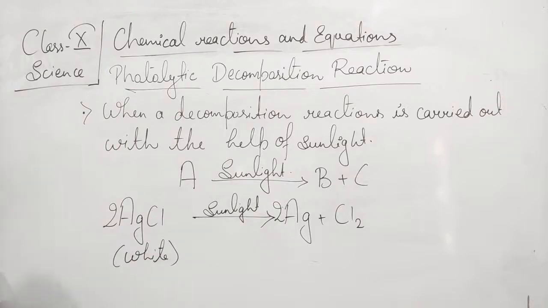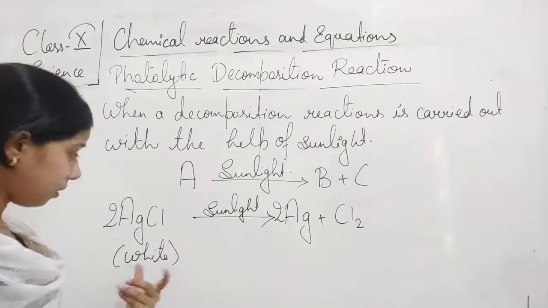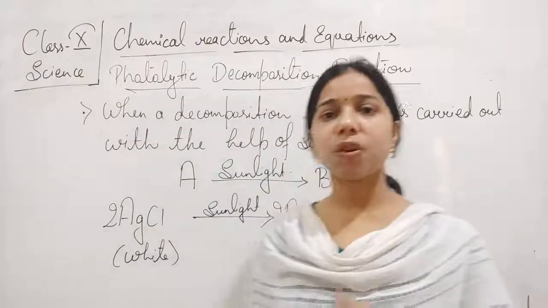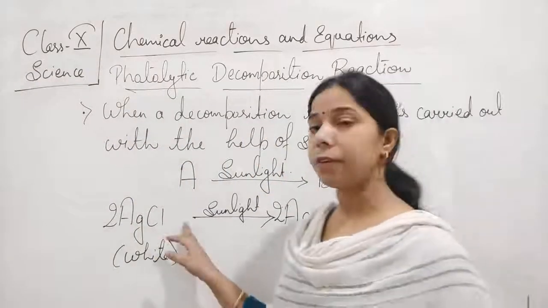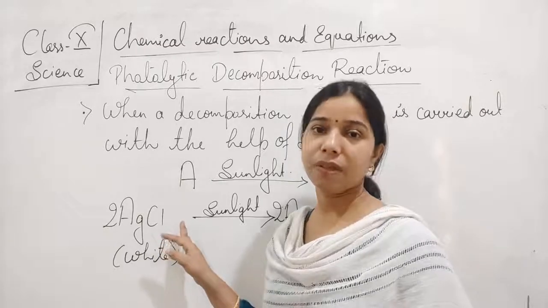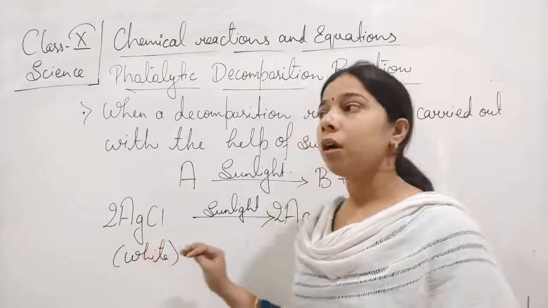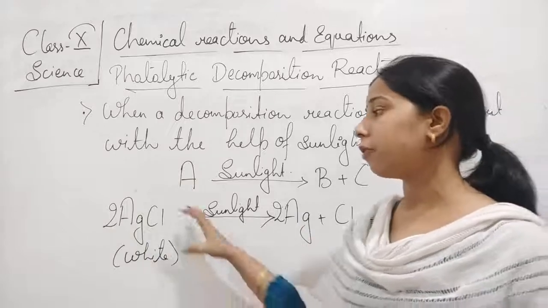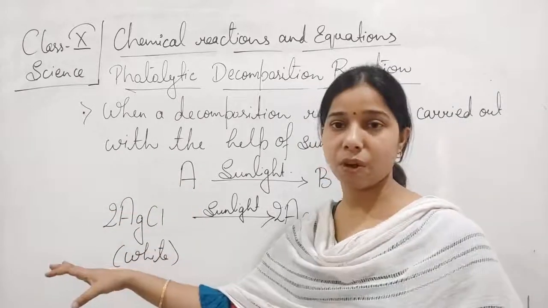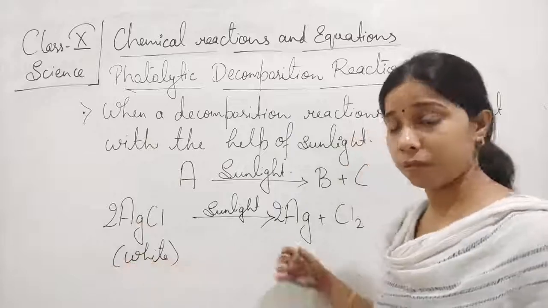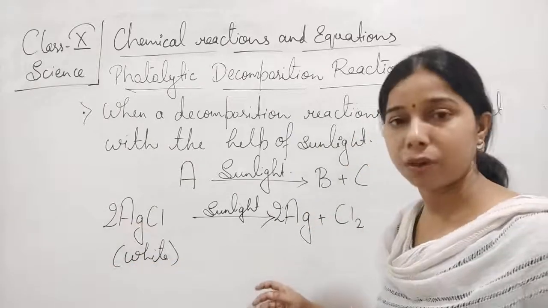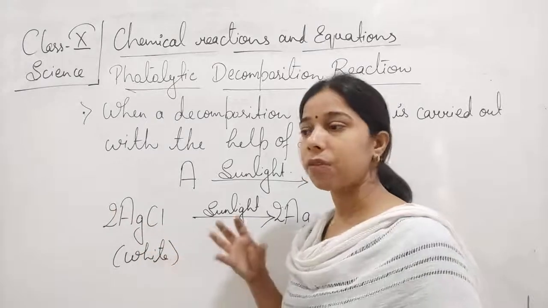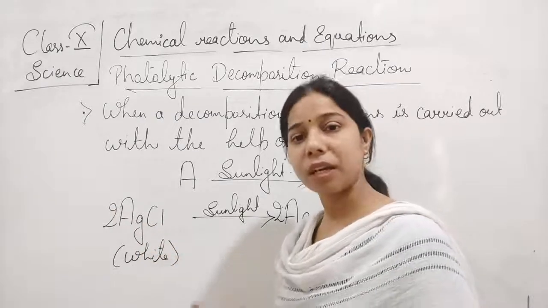So what we have to do at first, students, is see how this reaction takes place. In a petri dish or a china dish, we will take silver chloride. We want to use this decomposition process to obtain silver only. Silver chloride is white in color, so we take it in a petri dish or a china dish